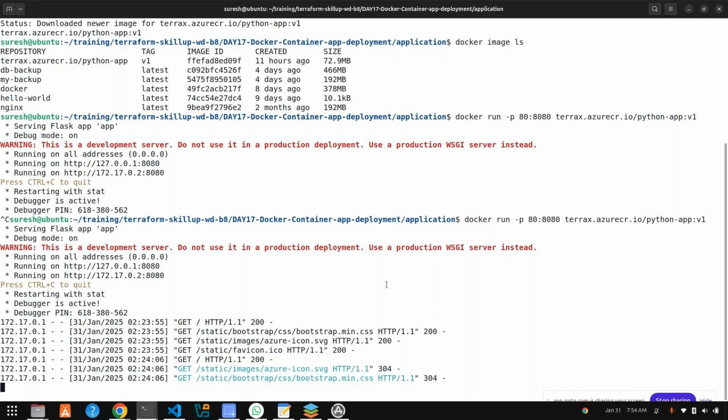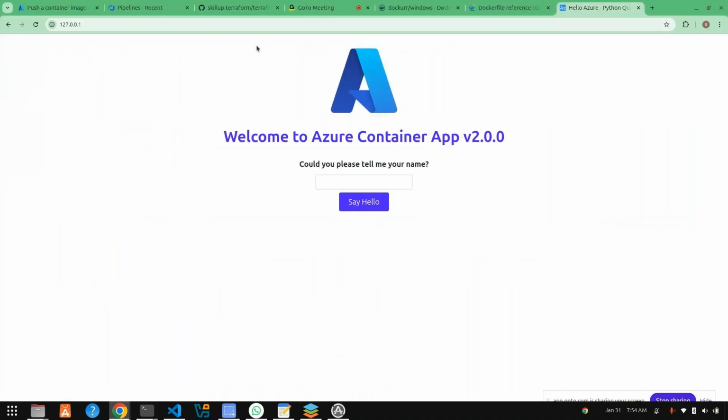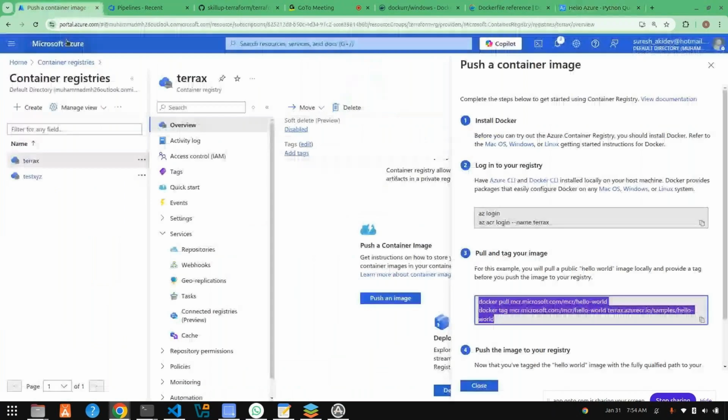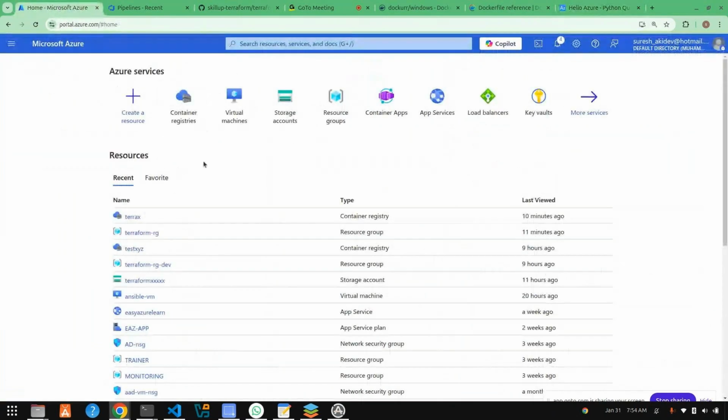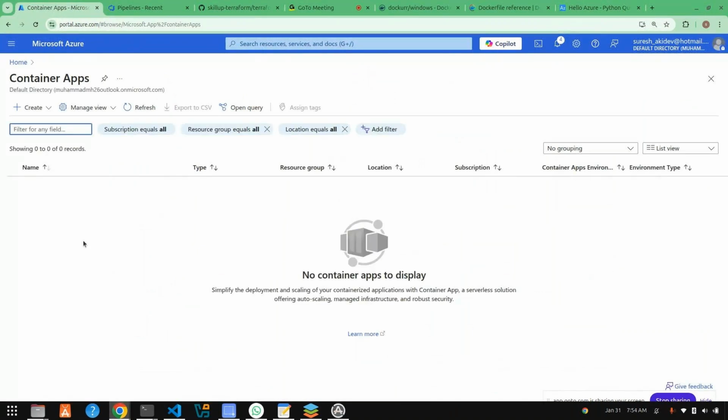Okay, fine. So now what can we do? See, now we are running the application. We are able to access our application, right? In the same way, in Azure, we have one service called Container Apps. Container Apps is where we can run our containers as a service. So if you click Container App,